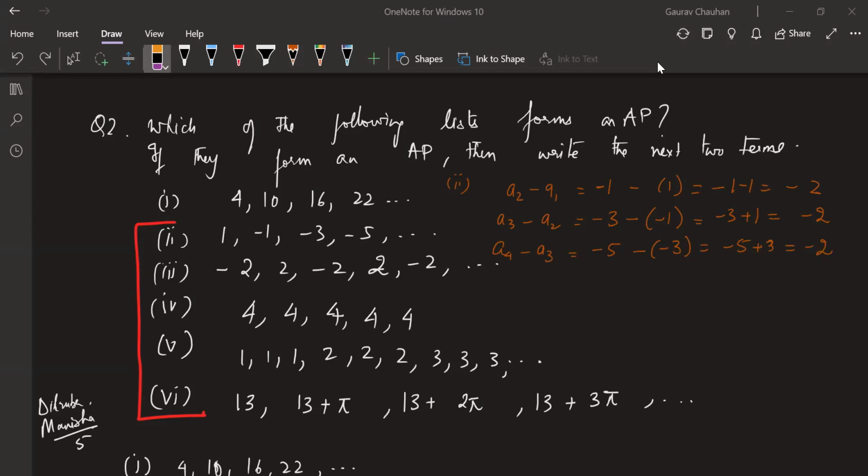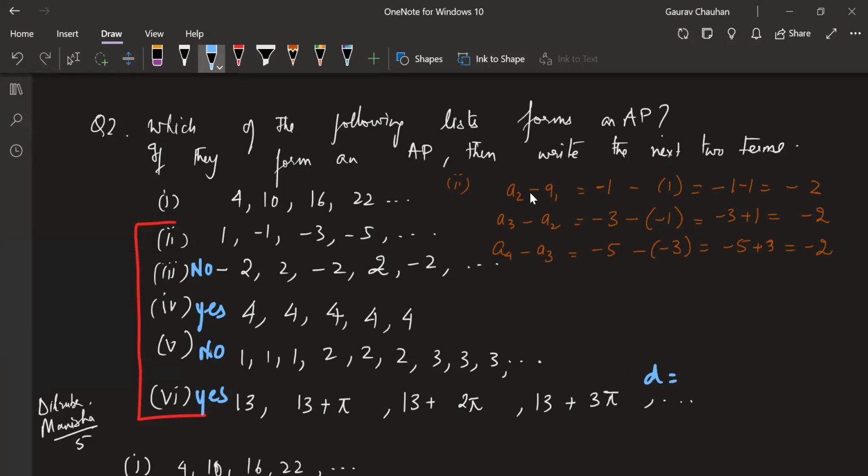So I'm going to drop this off now. Take 3, 2, 1. Okay, and actually let me keep it here only. Now, in the same logic, this is not an AP. This is, yes, this is an AP. This is not an AP. Let me put yes, no. This is no, and this is yes. Okay, can someone tell me what is the next term for this one? Or actually first tell me what is the D for this one?